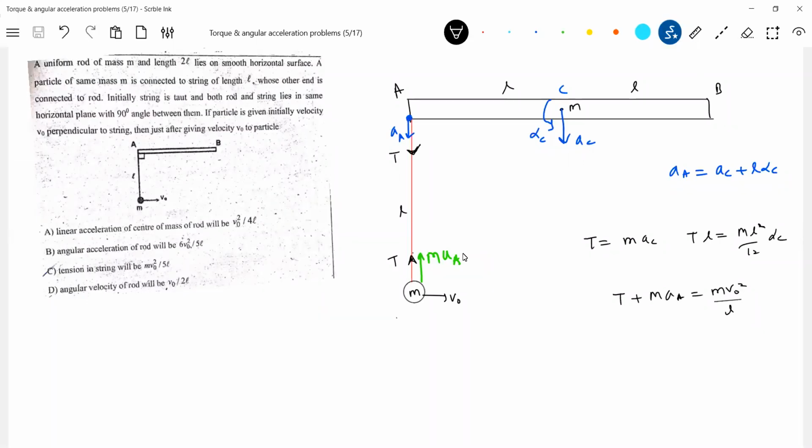Why are you thinking like this? I think if you didn't observe this, big headache again. It's asking just after, at that instant only. The moment I give velocity, then we are discussing the problem. After some time, things will change because this point will come here, this will be here. The particle will not follow a perfect path where we can write mathematical equations. Okay, solve this, you can match these options. C and D will come.